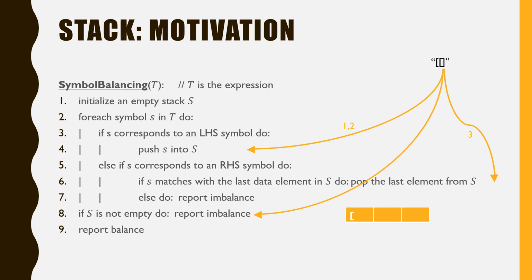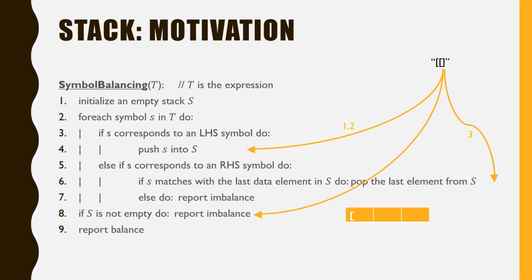In this slide, we have orange numbers and orange arrows. The orange numbers are the indexes of the symbols, and the orange arrows show in which line of the code the corresponding symbol is handled. For example, the first and the second symbols of the expression correspond to left-hand side symbols. By following the arrow that is labeled 1 and 2, we can see that they are handled in line 4